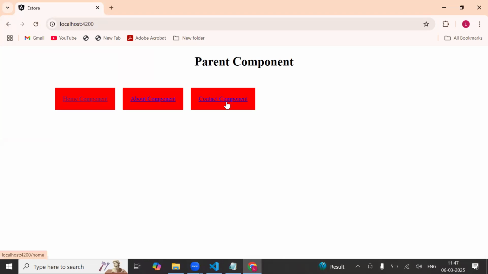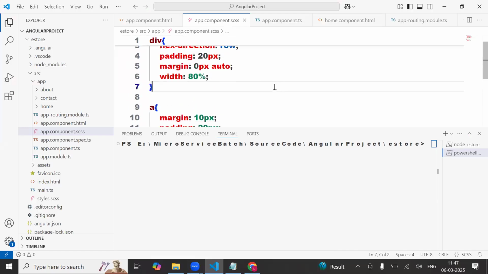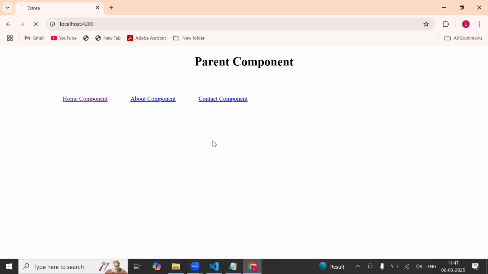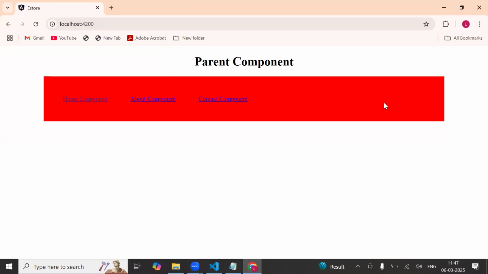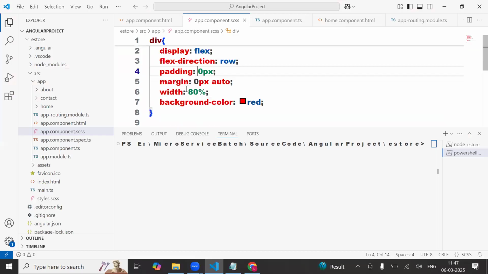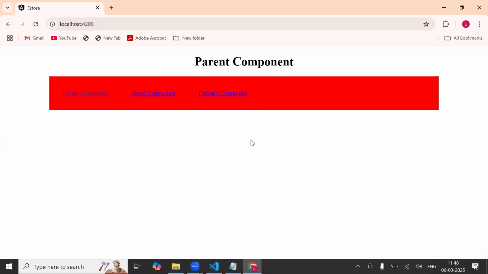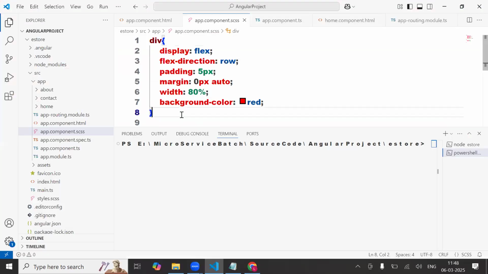Say yes or no for the menus. And then yes. So better you need to have this background color in the div, so that the entire bar, see now the entire bar will be red. Now here you can say no need to have 20 pixel, just make it as 5 pixel. Now this is something good. Now come back